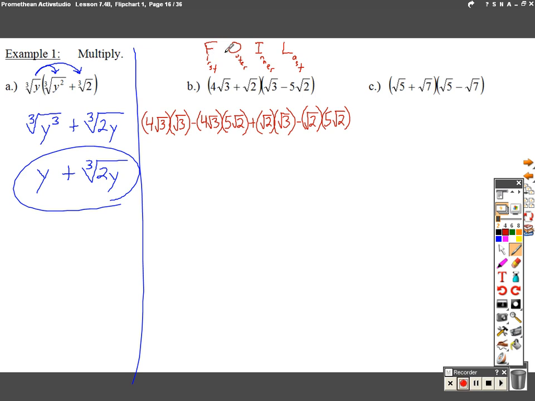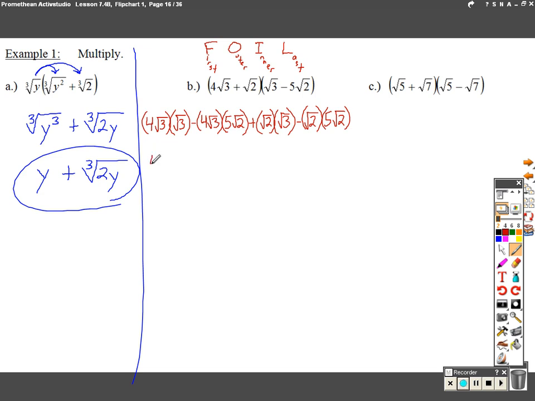Okay, remember FOIL is first, outer, inner, last. So when we multiply our first terms of each binomial, we have 4 times the square root of 3 times the square root of 3. Our outers would be, since this is a minus, minus 4 times the square root of 3 times 5 times the square root of 2, and so on. And now we start multiplying these radical expressions. Now make sure that the indices are the same, which they are here. So we only multiply the 3's because the 4 is not underneath the radicals,